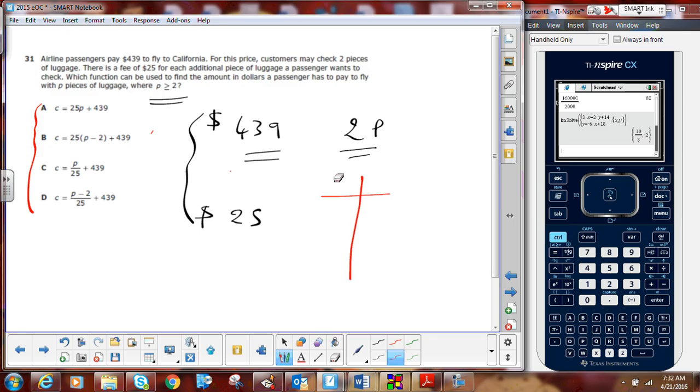So this is the math we're gonna do. We're gonna do the number of luggage he's gonna carry and the price. How much money? So the number of luggage and the price. Kind of using X and Y. So this is the luggage and this is the cost. If you carry two, you're gonna pay 439. Now if you carry three, it's gonna be 439 plus 25. In this case, it's gonna be